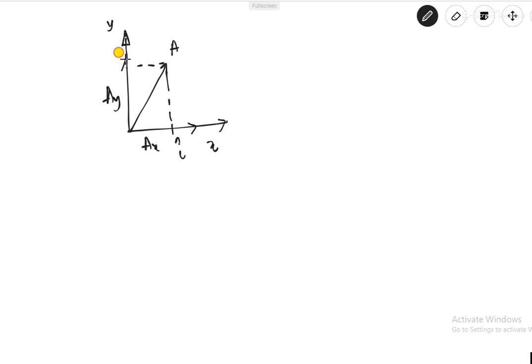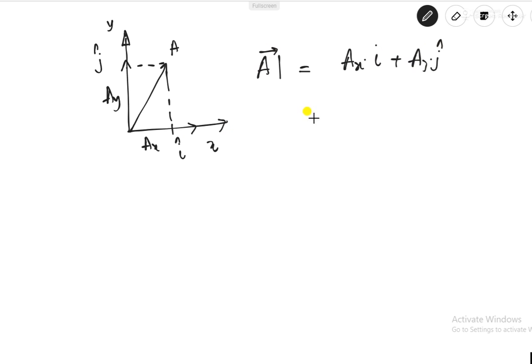Suppose you want to write in this unit vector formation, so again we will write it like this. Suppose this is a vector coordinates axis, x and y, and this is the vector A. So you are forming here, this is AX, right? And in this direction it is I, this is the unit vector I. Similarly, the AY is the magnitude of this, and in this direction J is the unit vector. So this A is now represented as AX into I plus AY into J. This is how we are representing a vector in 2D format.